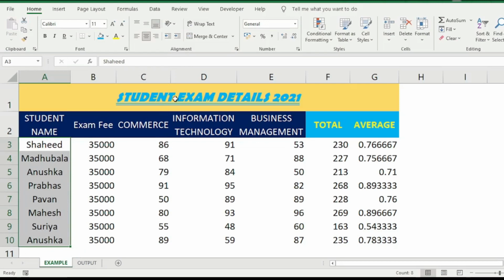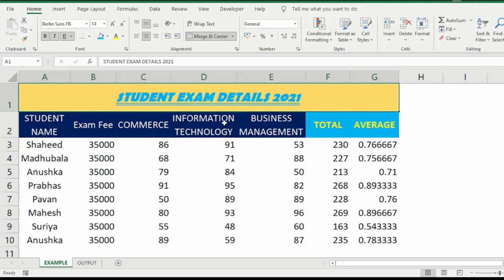And then I would like to tell you, this cell has been aligned in center. For example, if I want to align this on top, you can use the option which is top align. If you want it at the bottom, you can use bottom align. Middle align also you can use.